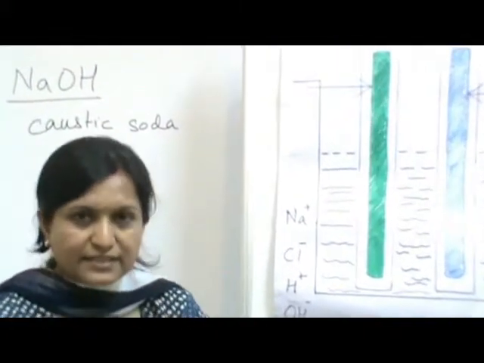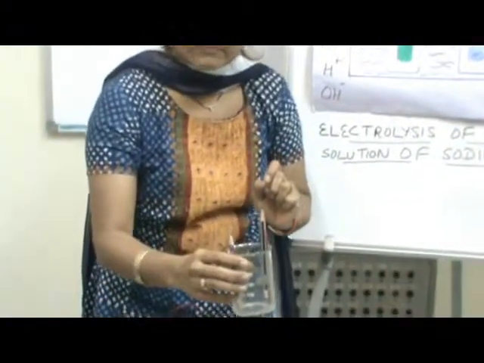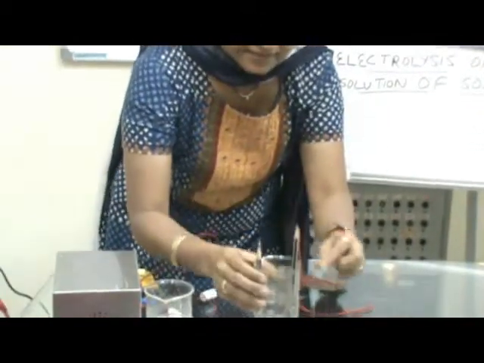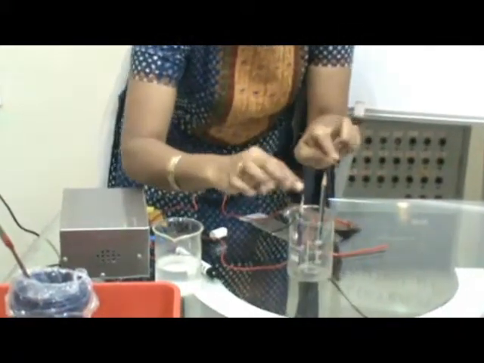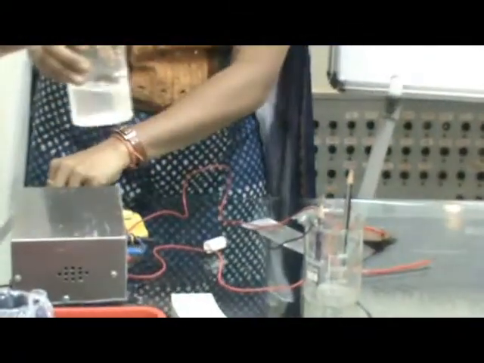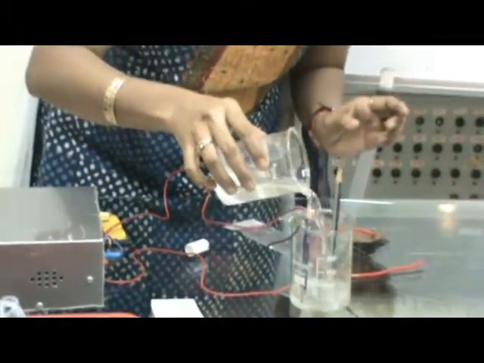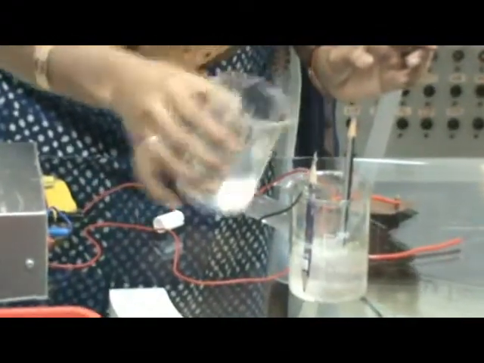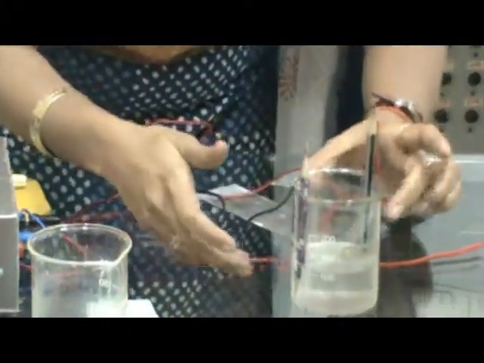Now if I don't have these metal electrodes, what is the other option? The other option is a pencil. You know, the graphite of the pencil is a good conductor of electricity. So what I have done is, I have sharpened the pencil from both the ends, attached two terminals to the battery, one to the positive terminal, one to the negative terminal of the battery. Now I pour NaCl solution to it and I switch on the current. After switching on the current, what I am doing here now? I am doing electrolysis of NaCl.